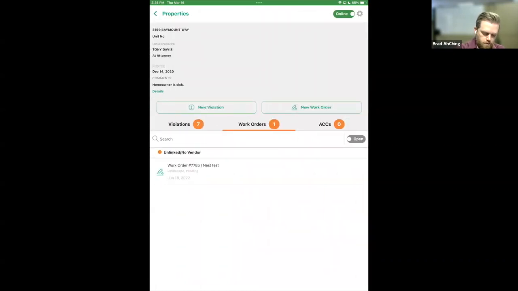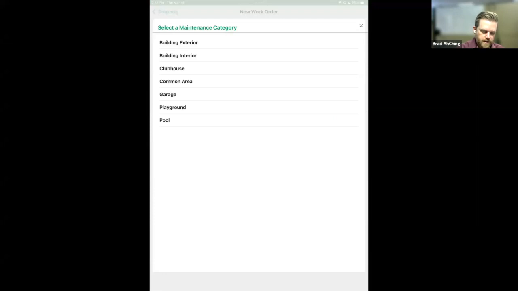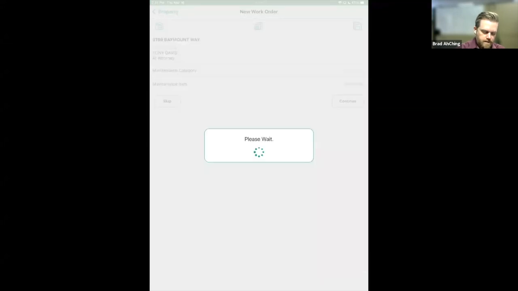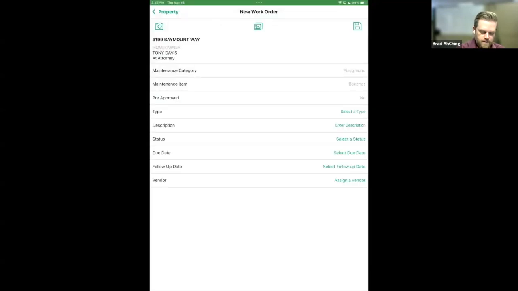And then when you create a work order, kind of similar to violations, it just takes you through a similar type of wizard when you select your work order category and then that particular work order item. And then click continue, and it fills out a bunch of information for you. And you can fill out the rest as needed, which is your description, your status, due dates, follow-up dates, or